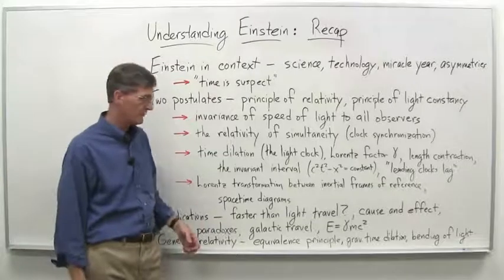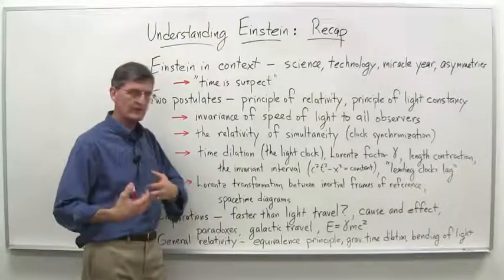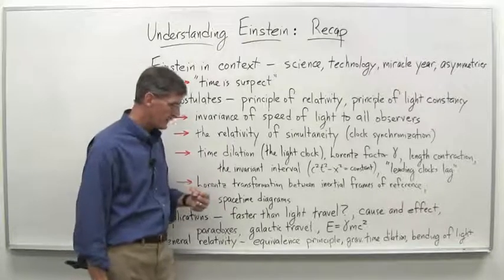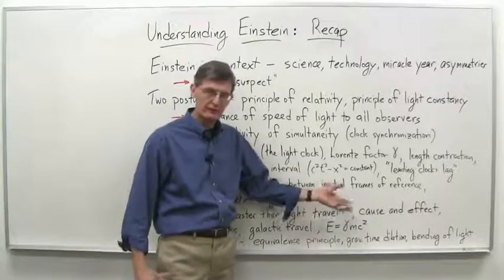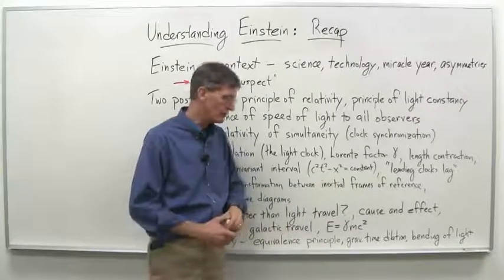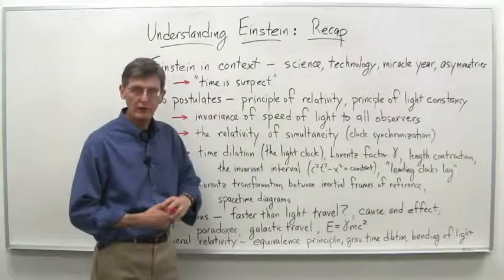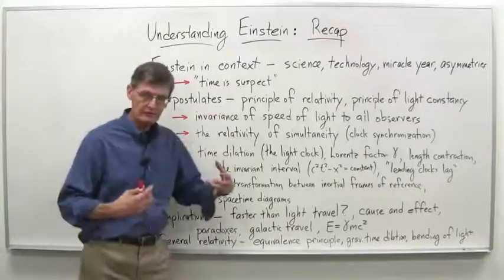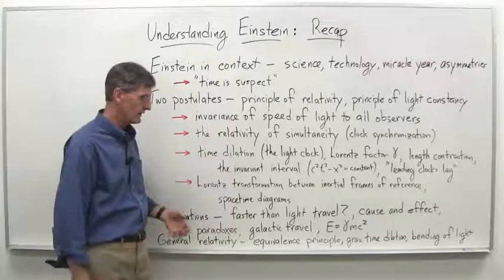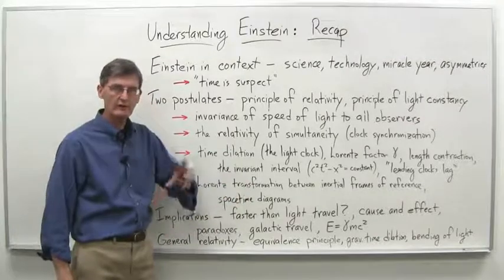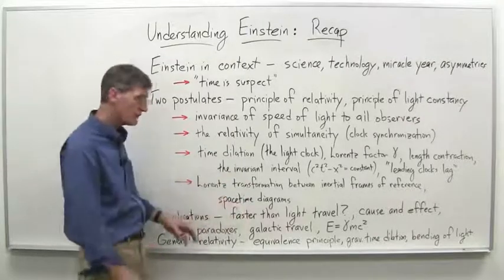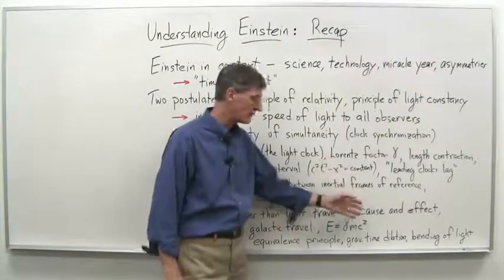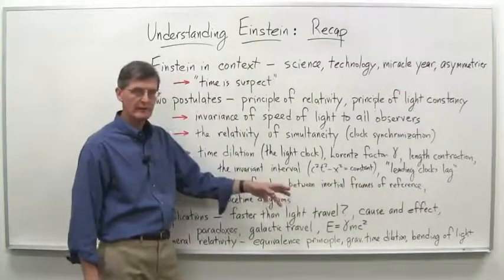The universe doesn't work that way. There seems to be a definite chain of cause and effect. Although, of course, in quantum mechanics, it gets a little more complicated than that. But even in quantum mechanics, you don't have time running in reverse, essentially. At least in experimental situations. In theoretical situations, you can actually imagine time running in reverse, but that's a whole other topic which we didn't get into. So we definitely show the cause and effect that if you have faster than light travel, you can have something happening